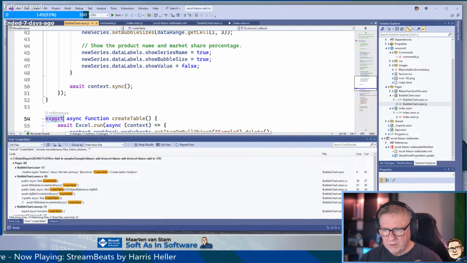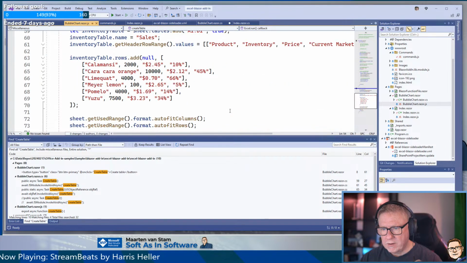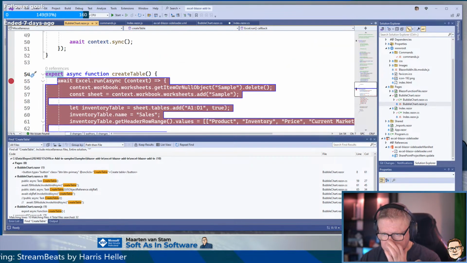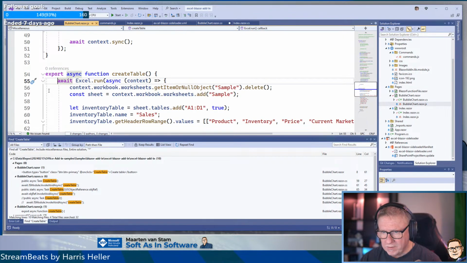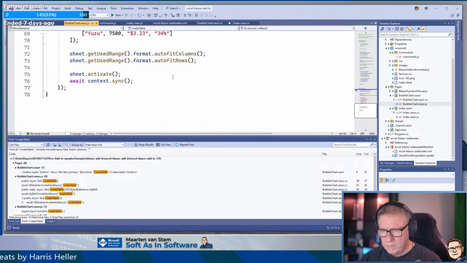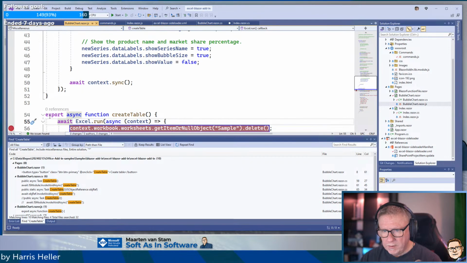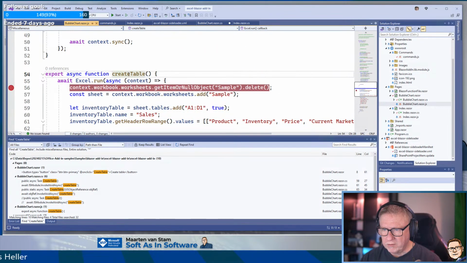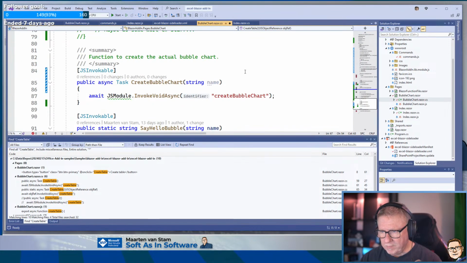That's this one. Oh, that's a bit much. It is on the export there, and it's also visible if I do the same thing from